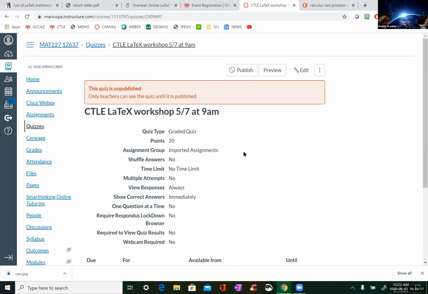CTLE, I think, at gccaz.edu also. No, it's not a dot, it's just gccaz. Oh, okay, not a dot. Is that correct? Right. Oh, good. All right, I got it. Thank you.